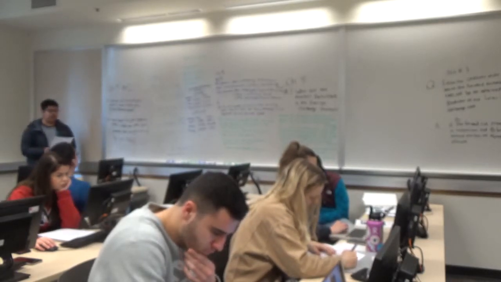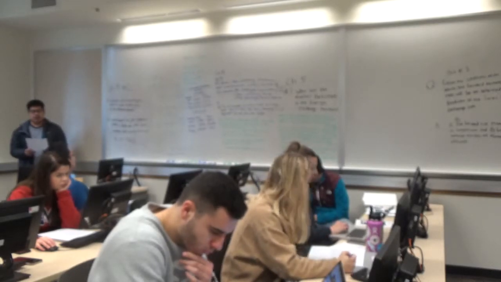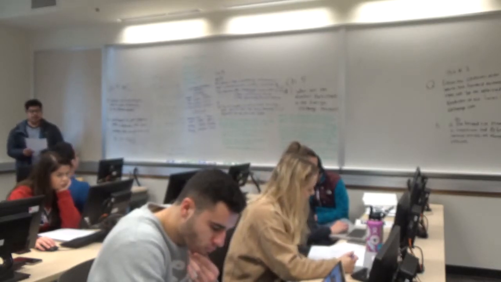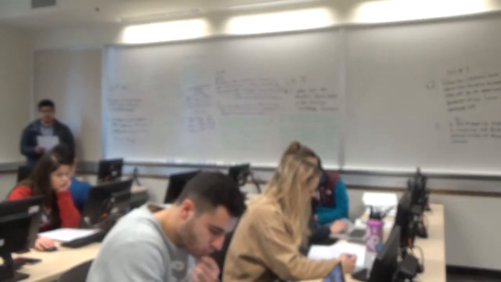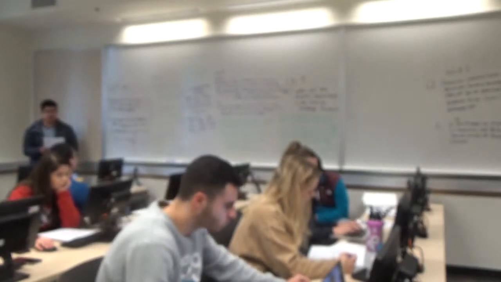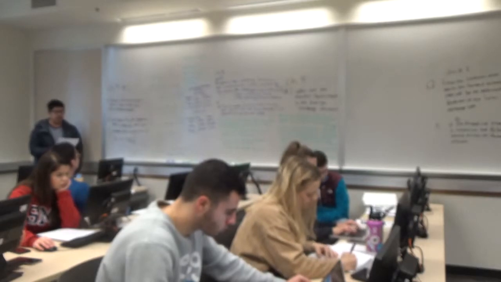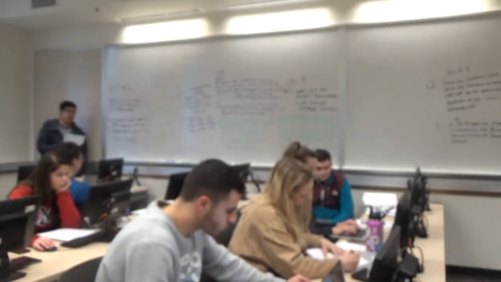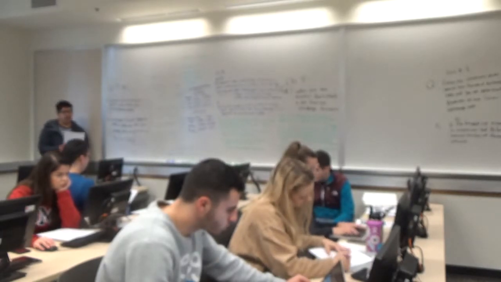So question A is, what actions do you need to take to speculate in the forward market, and what is the expected dollar profit from the speculation? So for the solution, it says, if you believe the spot exchange rate will be $1.92 per pound in 3 months, you should buy 1 million pounds forward for $1.90, and then your expected profit will be $20,000 as you multiply the 1 million pounds by the difference of $1.92 and $1.90.